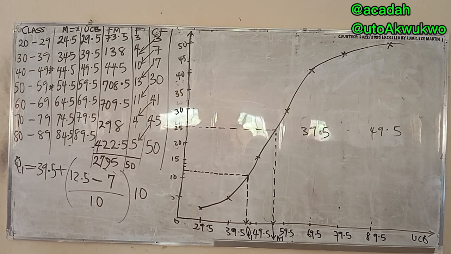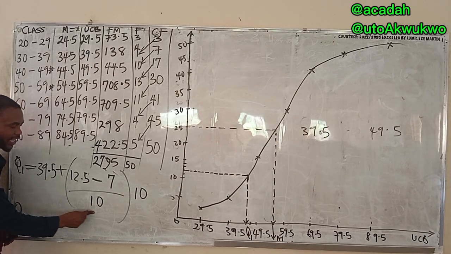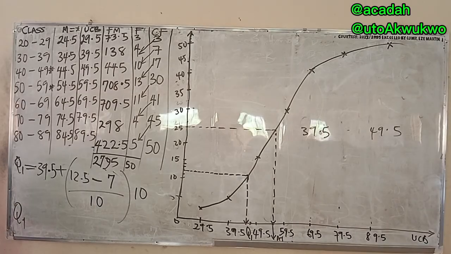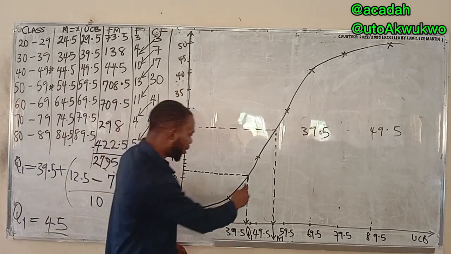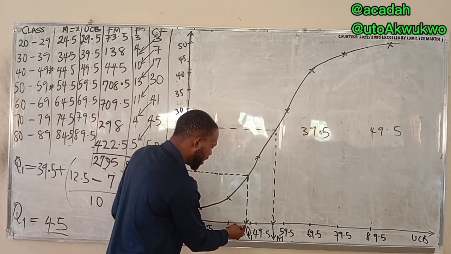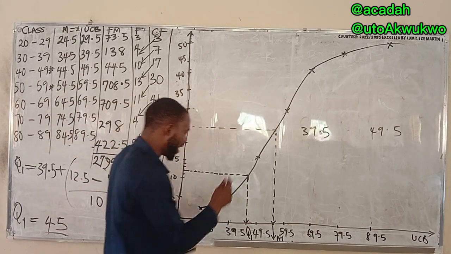Then now come back to the formula. But if you are now using just graph to solve, you don't need to locate or use any formula. Just anything you find as you pointed and marked down is just it. So what you have as your Q1, press minus divide by 10 times by 10, then add 45. That means that by the time you point your own down, what you have here will be 45. It will stop at 45.